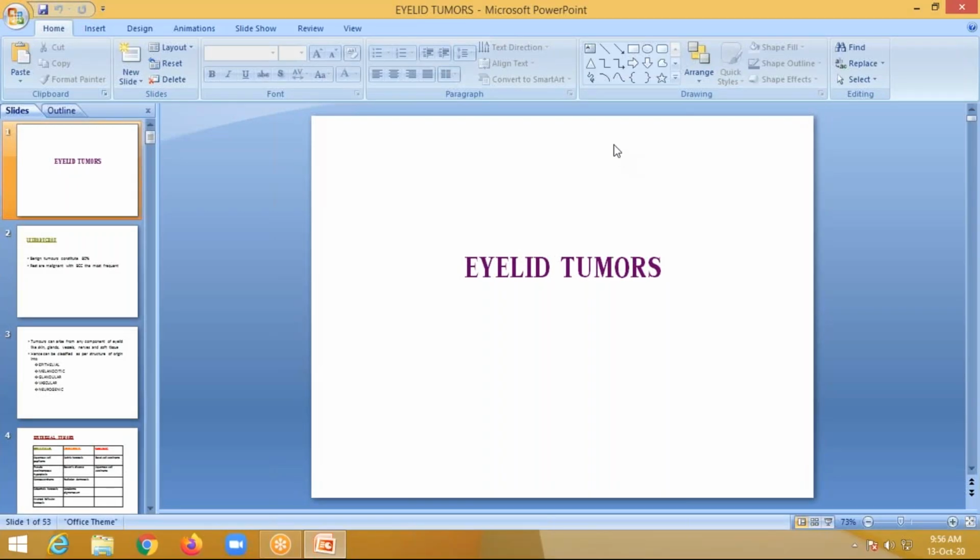So basically, eyelid tumors, as we have discussed today, can be classified into 5 types: epithelial, melanocytic, glandular, vascular, and neurogenic. Each one has its benign and malignant form. Malignant forms, most commonly asked questions, are on meibomian gland carcinoma, squamous cell carcinoma, and basal cell carcinoma. And lid reconstruction procedure is based mainly on type of defect, whether it is small, medium, or large. The type of surgery is planned, and how you differentiate between a benign and malignant tumor is what you are supposed to know.